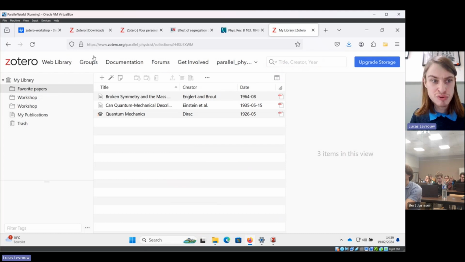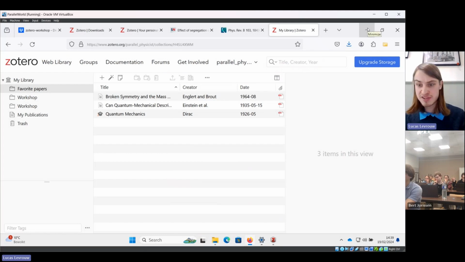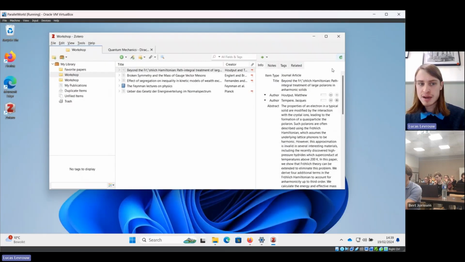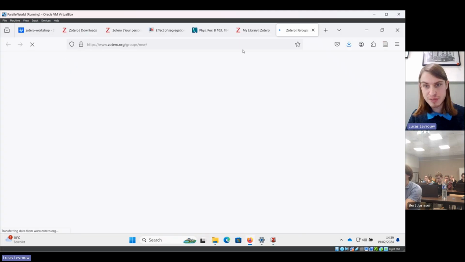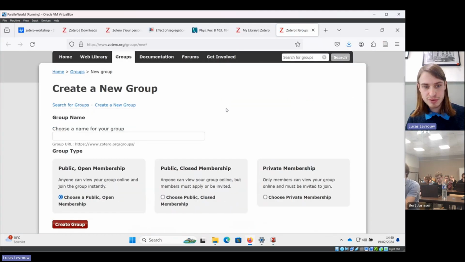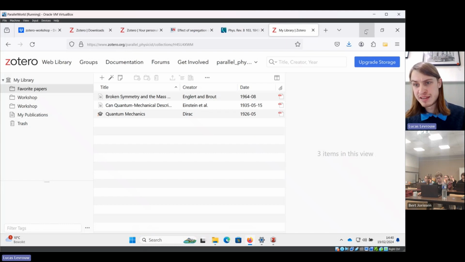Also, you can see here groups. Another very nice feature of Zotero is that you can make groups to share references with. For example, if you're working on a paper or project with some people, it might be useful to create a group. You can do this here, new group, and this will take you to the website. But I will let you figure out how this works yourself, because I've prepared a little exercise,